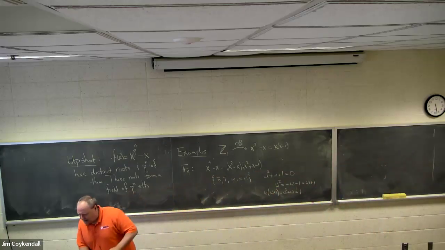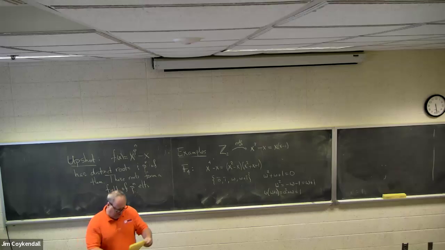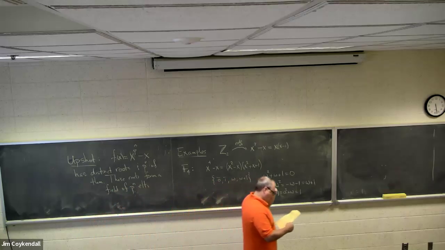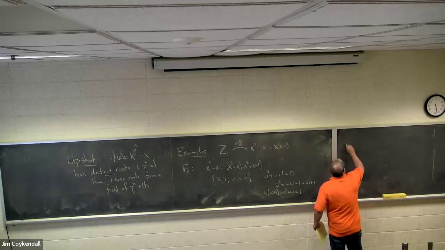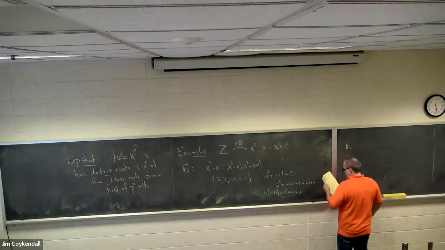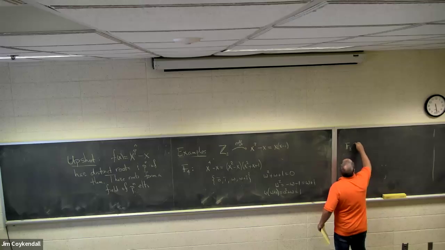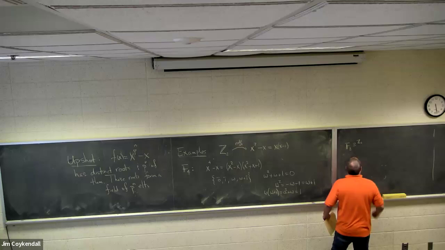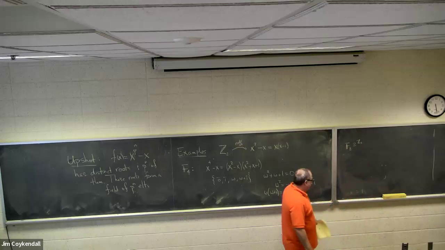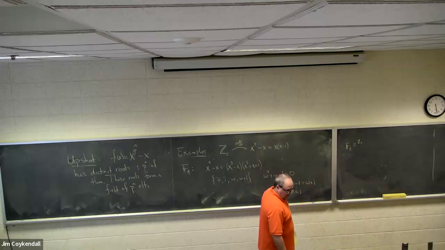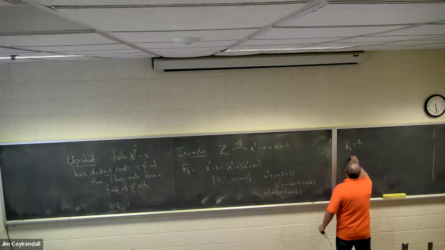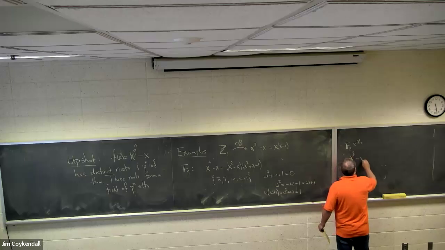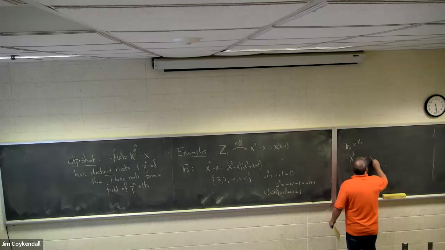Let's look at a couple more. Let's look at the field of 8 elements. This again contains the field of two elements. But it does not contain the field of four elements, as a matter of fact. Its polynomial is x to the eighth minus x, which is